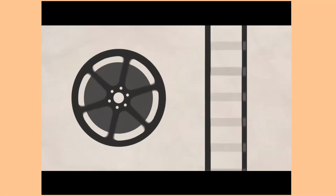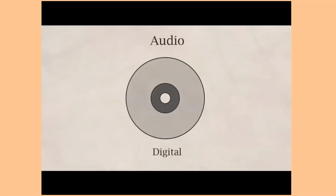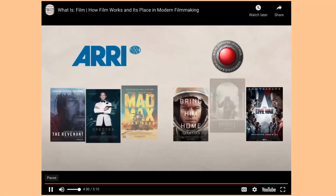And there you have it. All these components working together create the height of image capturing technology of the 20th century. And while other technologies of its era have either been upgraded or replaced by newer technologies, film has survived relatively unchanged. And even more impressively, while more and more movies are being produced